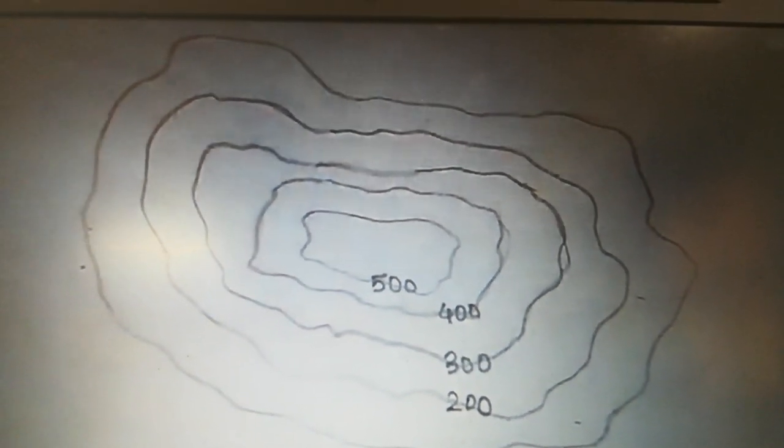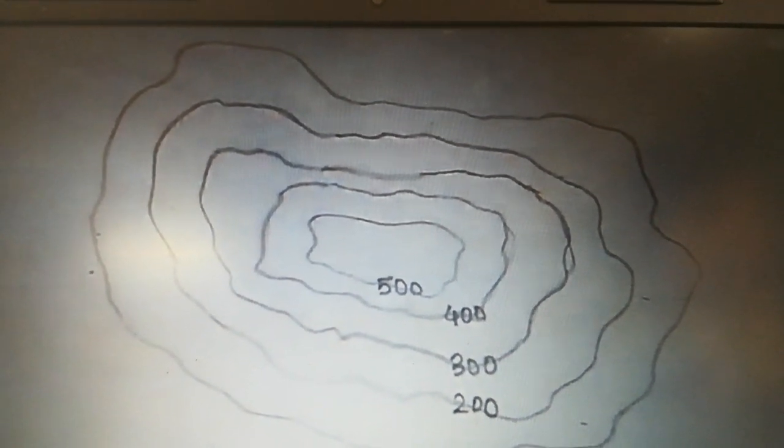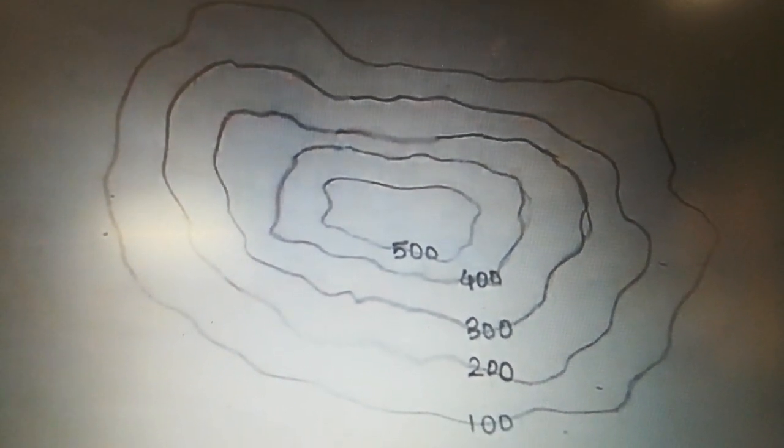Okay, now we can see the plateau. You already studied it in the previous class. How can you find a plateau? This is the plateau with a flat top. It always has a flat top with a gentle or steep slope.